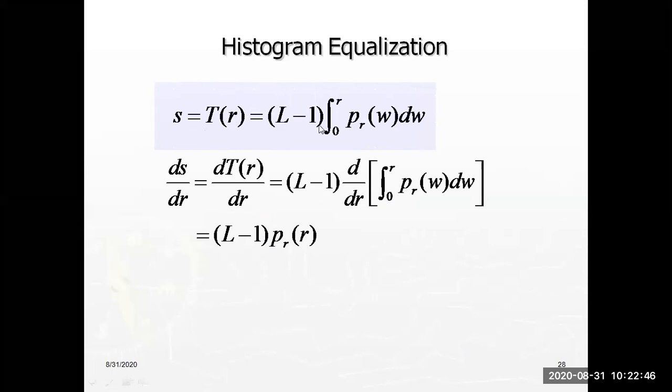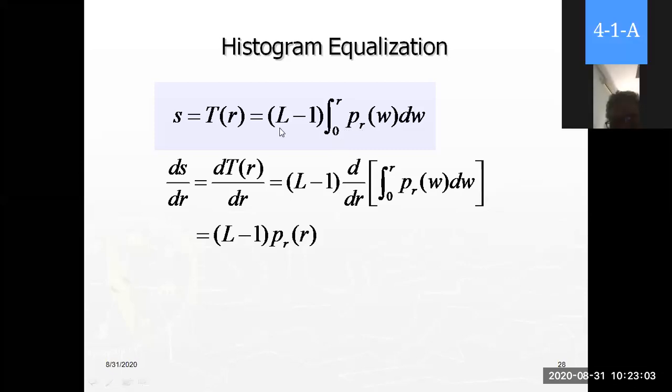What is the reason? Suppose there are MN pixel values, but my range is 0 to R, that is R0 to Rk. So suppose there are 10 pixel values, that means 0 to 9. My transformation function is given by L minus 1